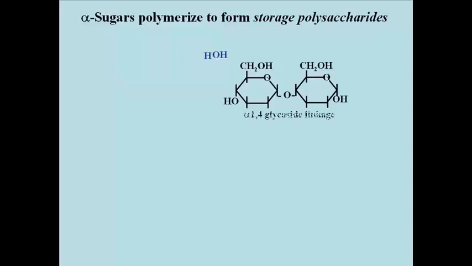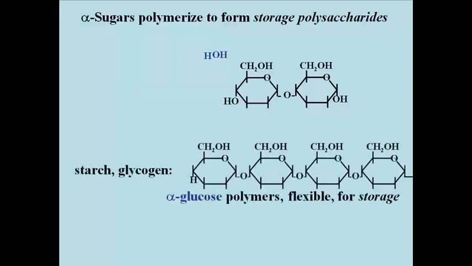Repetitive addition of alpha glucose monomers to a growing chain can form starches in plants and glycogen in animals. The glycoside linkages, which could include alpha 1,4 like the one shown here, as well as alpha 1,6 and other alpha linkages, are characteristic of flexible storage polysaccharides that eventually are hydrolyzed to get the sugar out to be metabolized